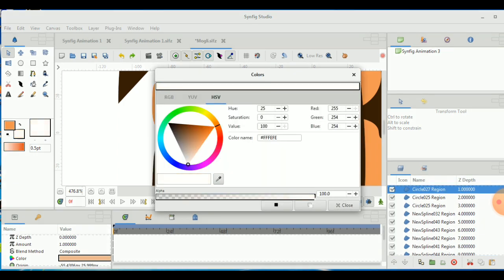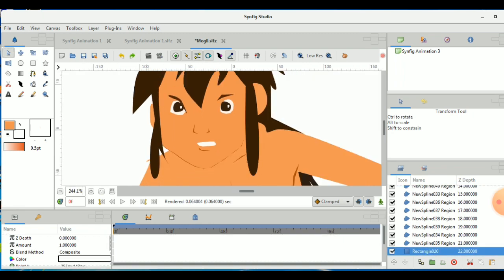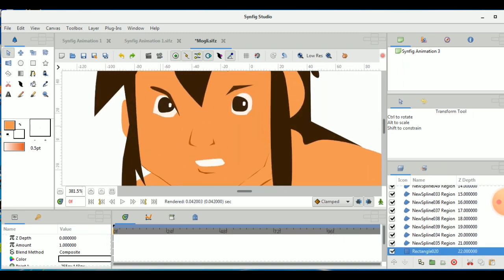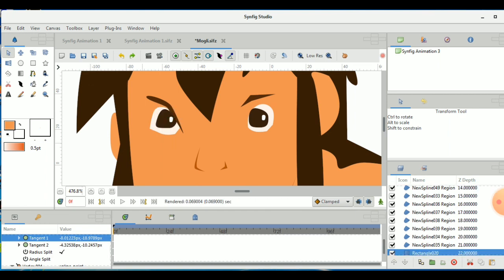Now he's looking like a Mowgli. I will change the color to totally white. Now you can see that it is looking like Mowgli. Some modifications, that is, the spaces of the eyes need to be modified.